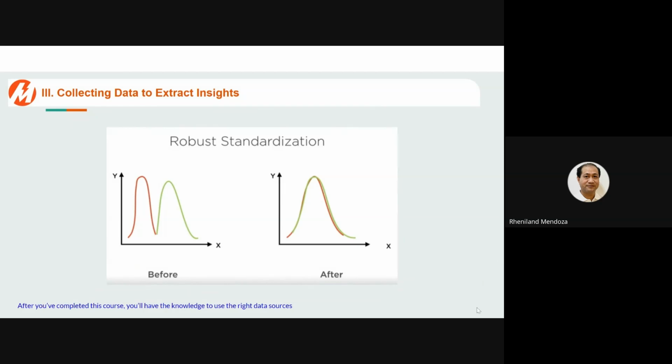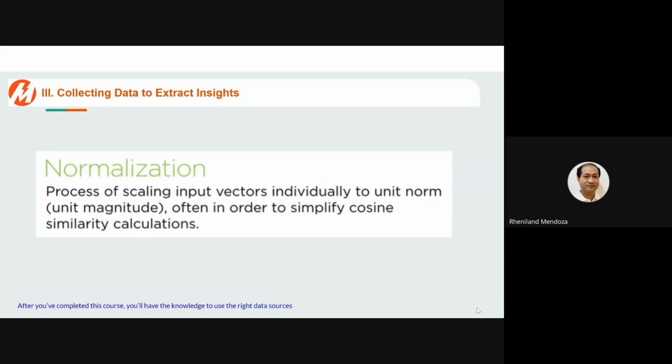Now let's go to normalization. This is actually another common data preparation technique that you'll use with numeric data. We'll study that here in this clip. Every record in your dataset will be made up of a number of different fields. Now, it can be one field or many. So every record can be thought of as an input vector.